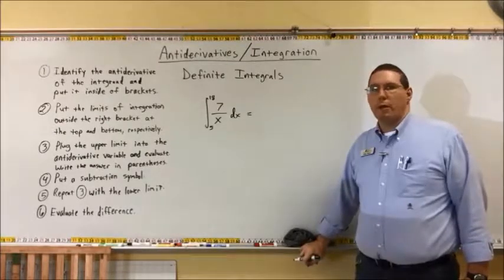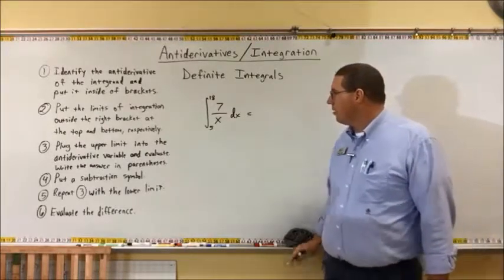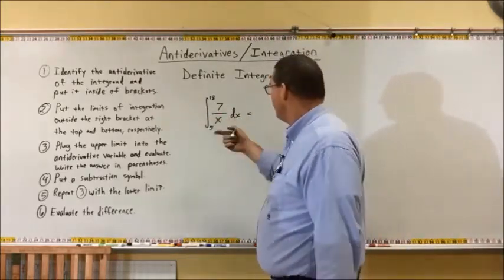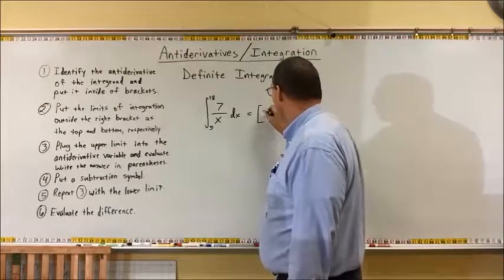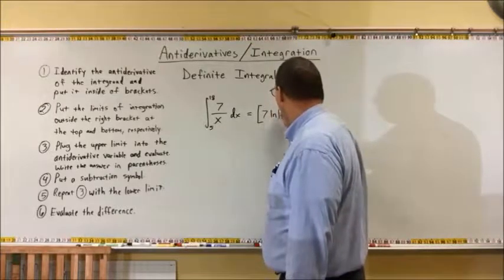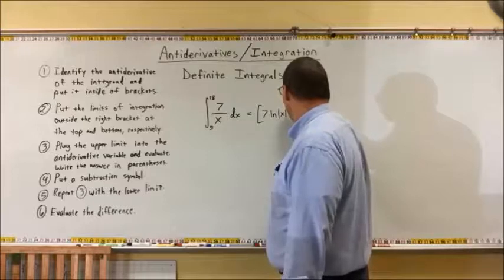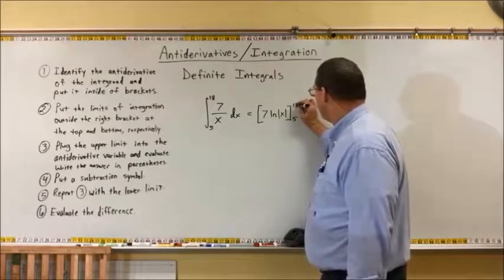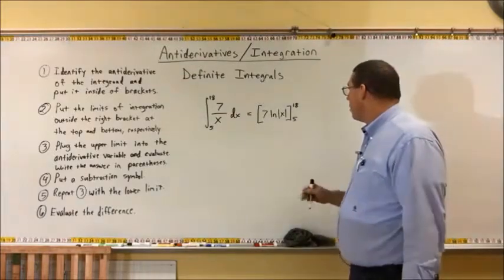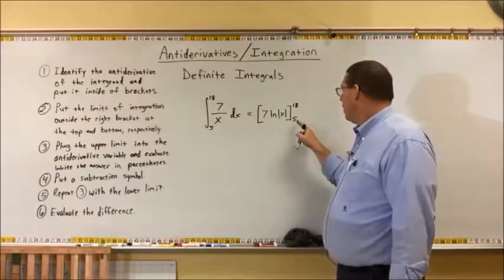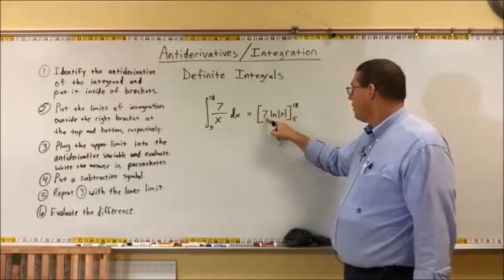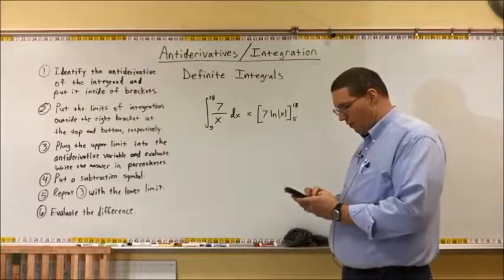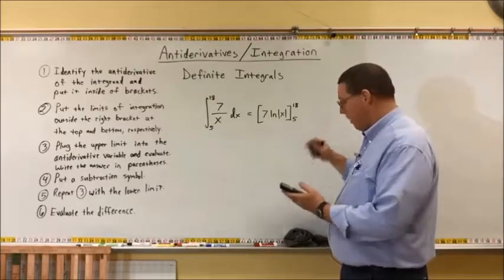All right, here we got another one. We've got the definite integral of 7 over x from 5 to 18. Well, the antiderivative of 7 over x is 7 times the natural log of the absolute value of x. And we're going from 5 up to 18, right? Now, we're going to plug in the 18 first. So we're going to do 7 natural log of 18. So 7 times the natural log of 18. And that's going to give us